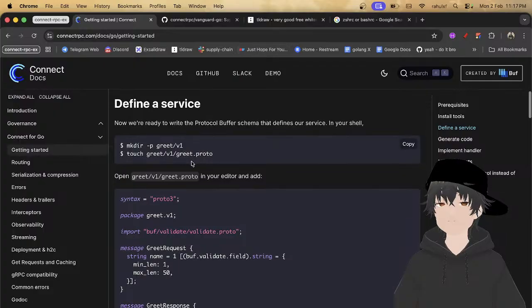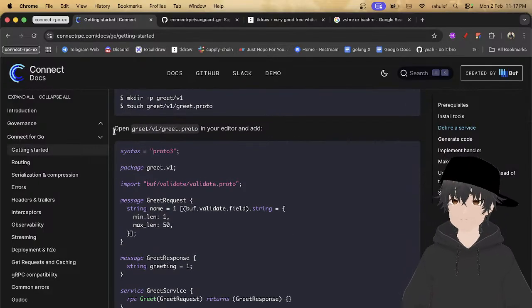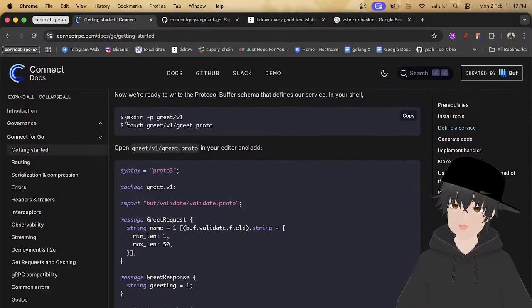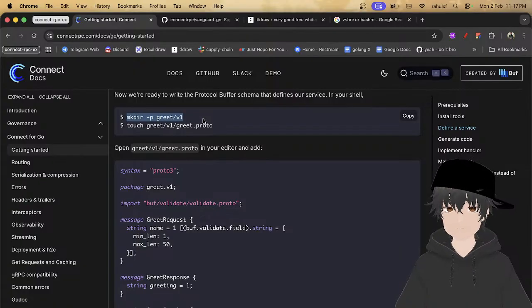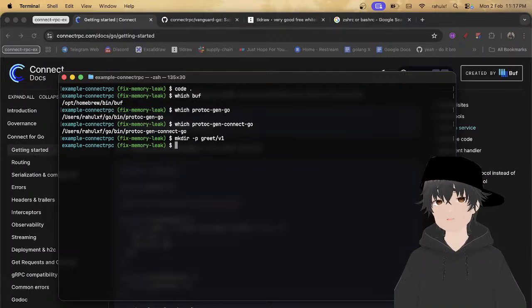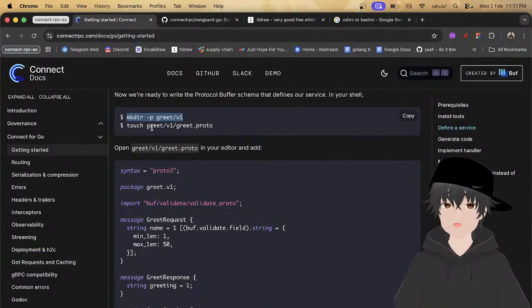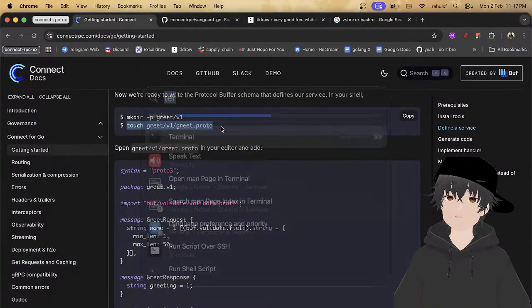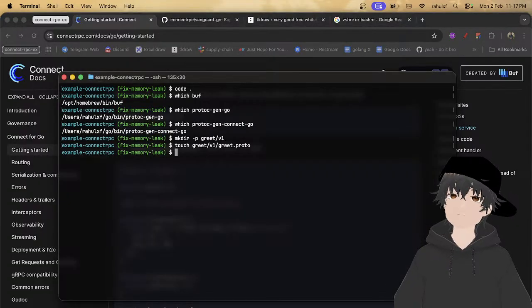Let us see. If it is taking time, we can still do it. So we created greet, and then we have to create another buf.